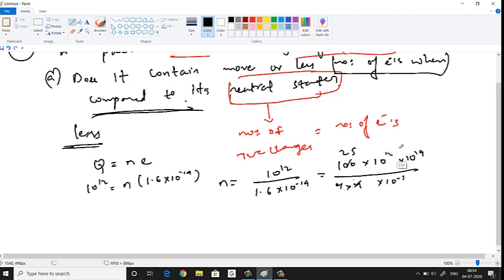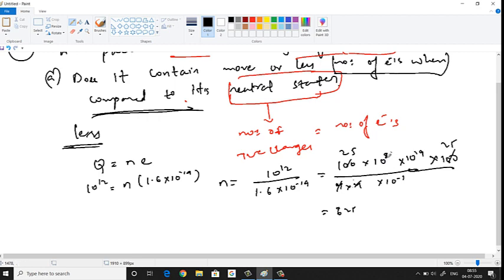This became 10 power 10, right? Because 2 zeros we have used. So let me make it 10 power 8 and take 2 more zeros. So this is 25. If I write 10 power 8 here, that means one more 100 I should get somewhere, because in total we have 10 power 12. So 10 power 4 I removed. How much is left? 10 power 8. So 4 ones are 4, 25 into 25? 625.